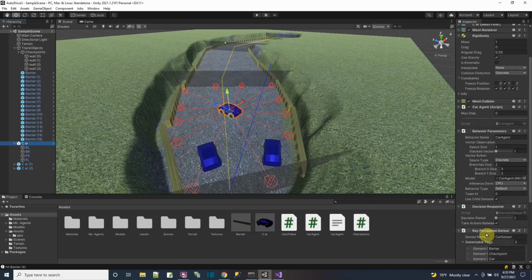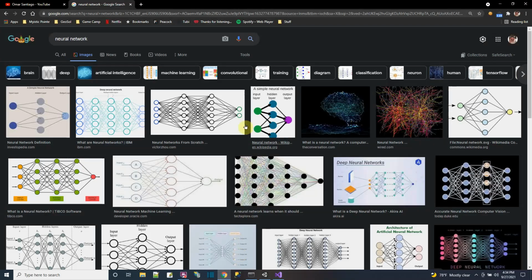Since I'm using the ray perception sensor, I could leave the vector observation space size as a 1. The ray perception sensor will take care of setting the observation space, because I have so many rays here, and the rays have so many values. So I could just leave the vector observation space at 1, the default. Now the vector action,